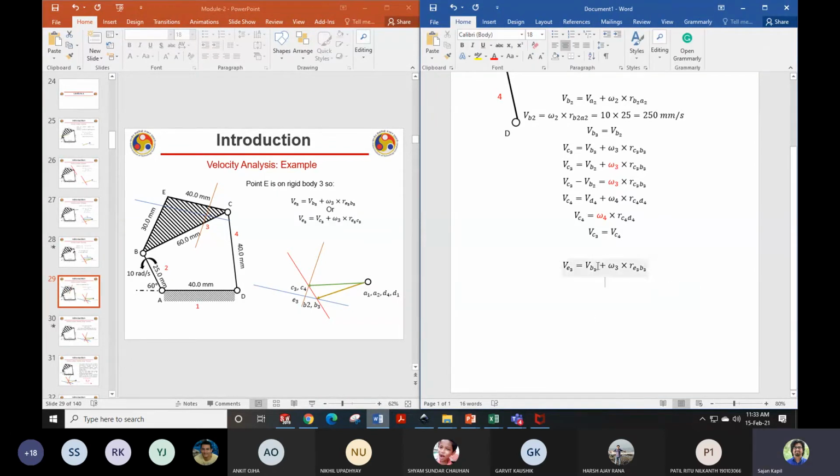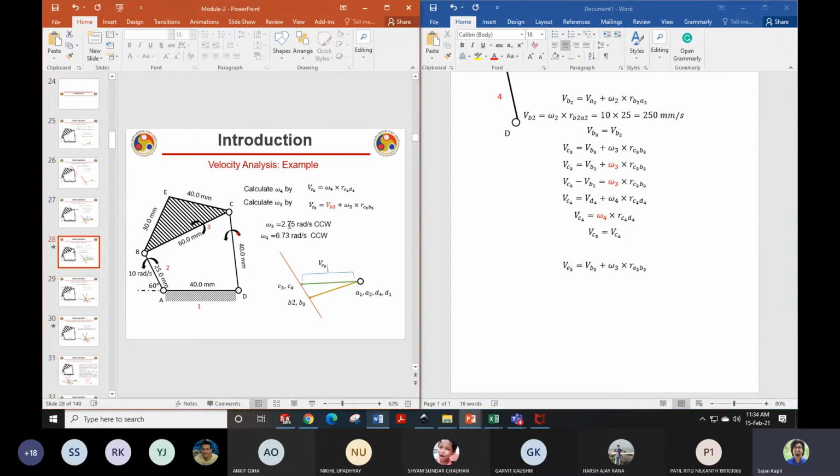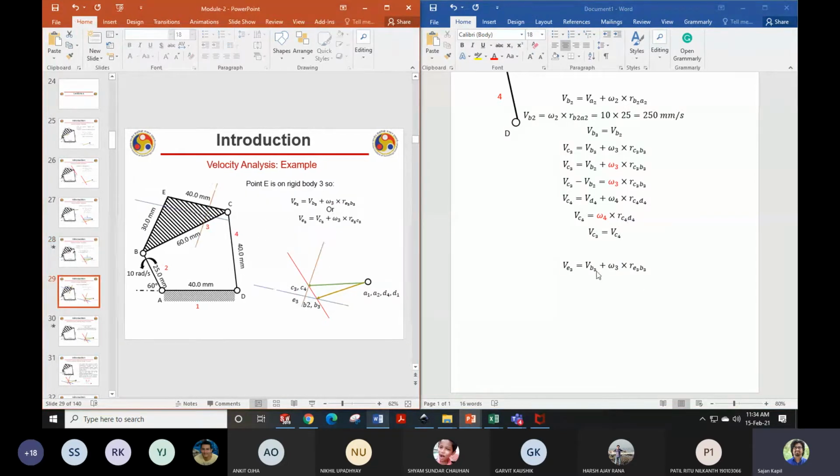Very good. You know this, VB3, right? This is VB3. So from this I can calculate absolutely also, because I now know omega 3. You have just calculated omega 3 from here, right? So you can multiply and do everything. You can make the absolute vector also, but I don't want to do it through the analytical way. I don't want to calculate omega 3. What can I do in that case, Ritu? You only tell.